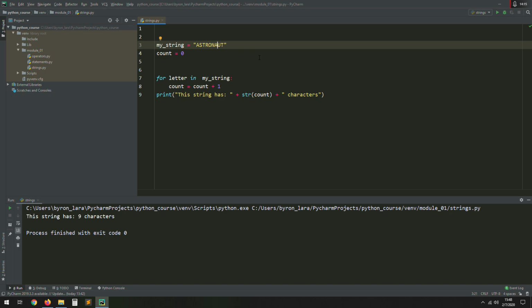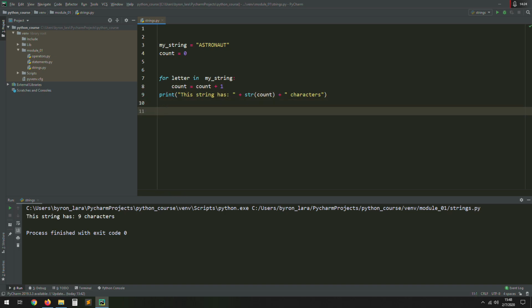2, 3, 4, 5, 6, 7, 9, 10. Right. Then we printed the result here, as you can see here. Right. Let's see another sample. For example, like